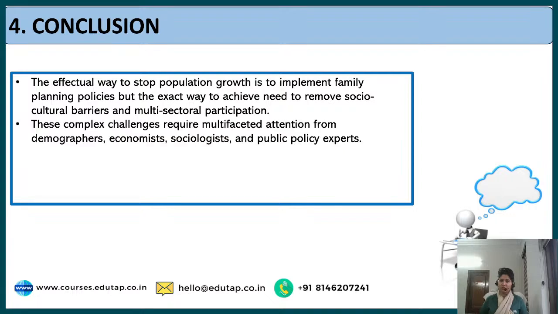These complex challenges require multifaceted attention from demographers who study population, economists who are responsible for increasing GDP, providing employment or studying employment, sociologists who study the society and the impacts of population changes on it, and public policy experts, that is your government and think tanks. The next one, here we have to talk about the high powered committee that will be formed. Just appreciate it. Also, in your conclusion, make sure that you're not mentioning a new fact. So make sure that if you have to write some fact in the conclusion and you want to appreciate it,